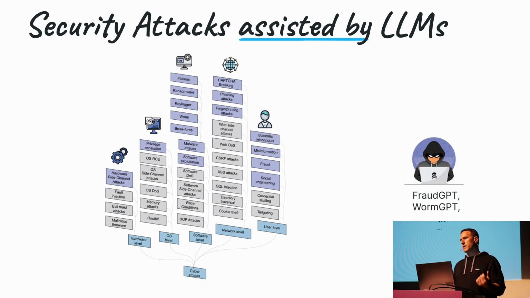And of course, people have tried that, and among the vast spectrum of cyber attacks that you can see here on the screen, all the boxes that are highlighted are attacks that have been conducted with the assistance of large language models. And of course, there are attacks based on generating text, like phishing attacks, where the network will be very helpful to make your phishing emails look better with fewer typos and everything.